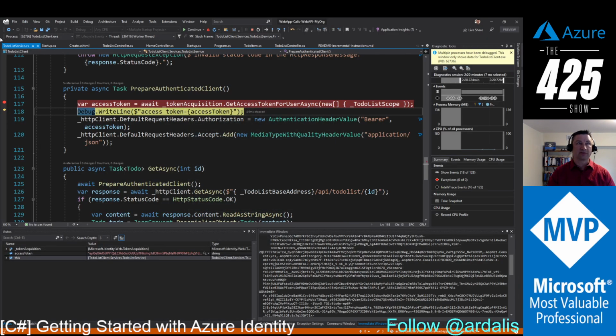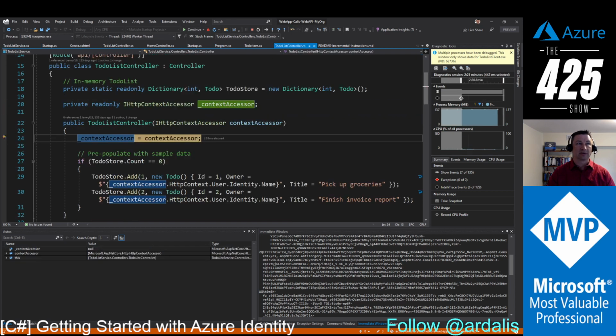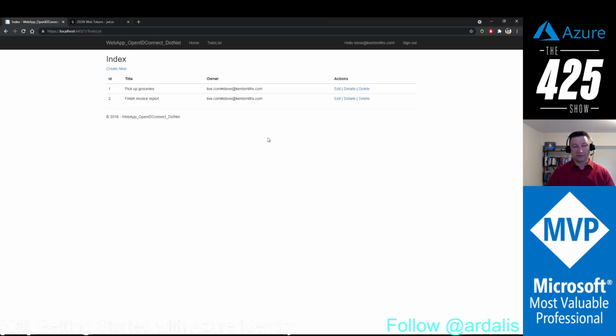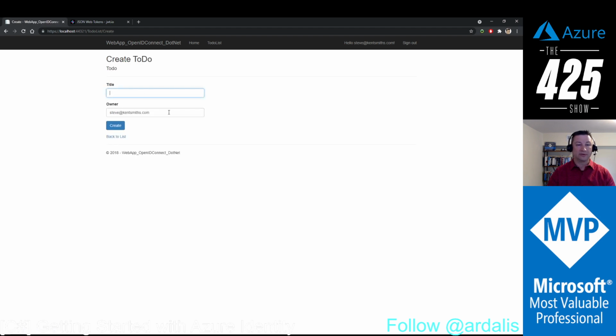We can close this. We can get rid of this breakpoint and continue. And get rid of this breakpoint and continue. And I don't think I have any more breakpoints. So here we are. So then we should be able to edit these. So we can say, let's add a new one first. So, to do,